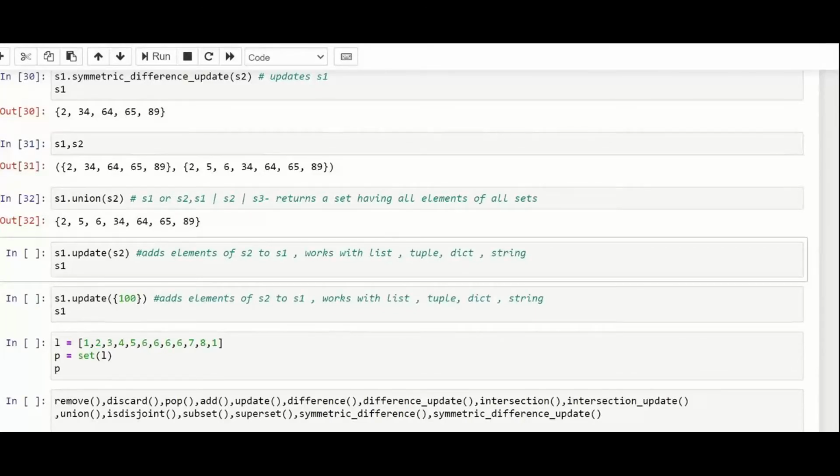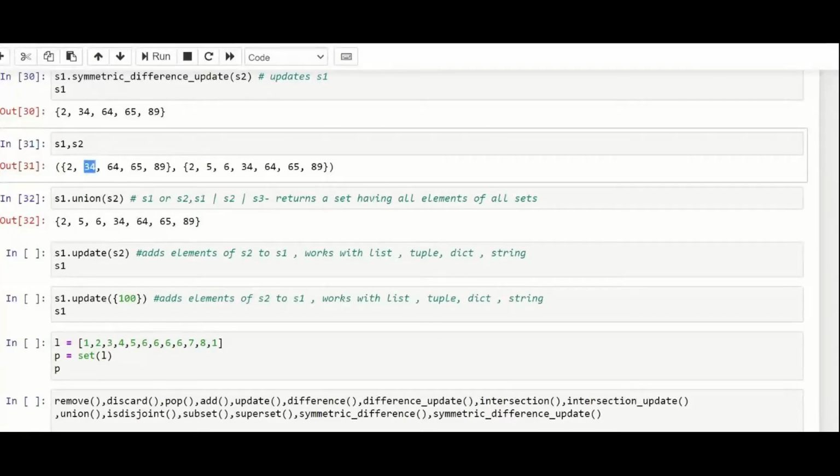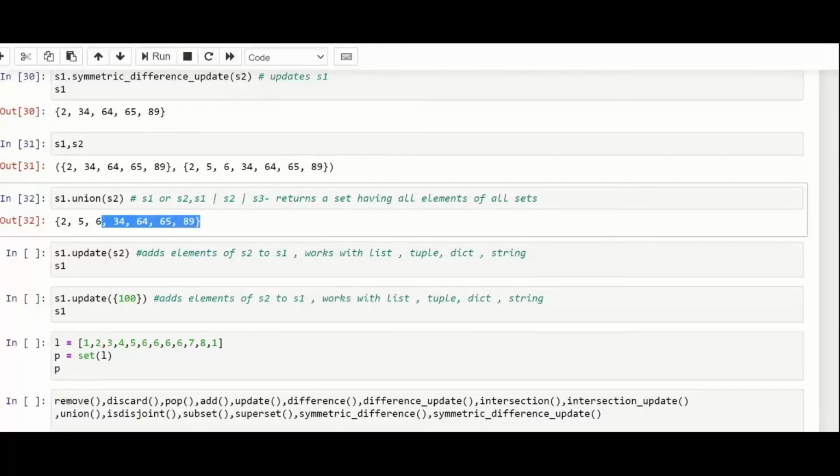For example, 34 was present in both, but it is coming only a single time here. We also have the values 5 and 6 coming up here. So it combines all the sets, and of course the values will be unique.